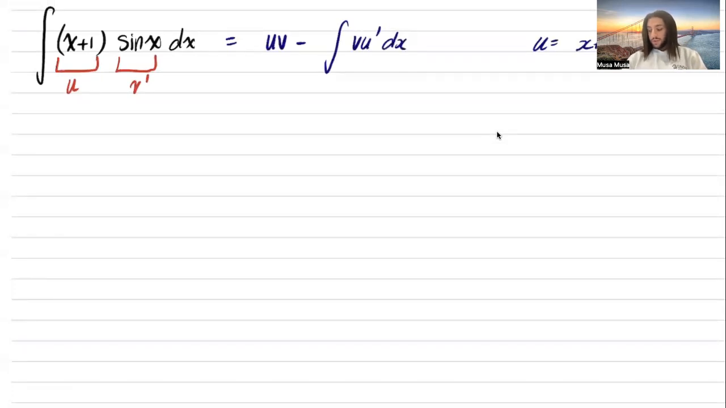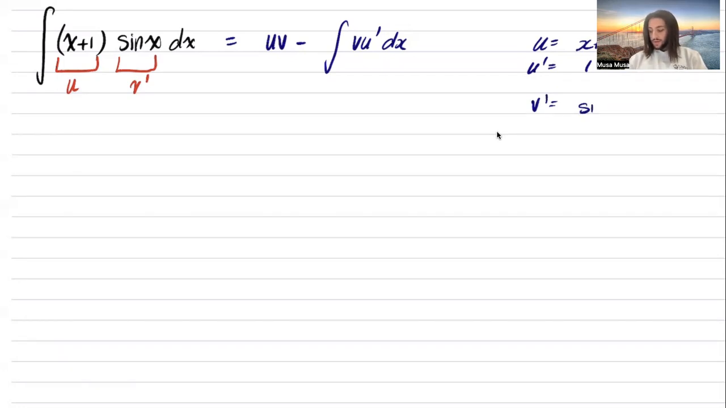So if u equals x plus 1, I need to find u dash. Now the derivative of that is just 1. And then if v dash equals sine x, well then what's the integral of sine x? Well, sine x comes from minus cos x. Perfect. So now we can say this just equals uv, so that is x plus 1 times minus cos x,